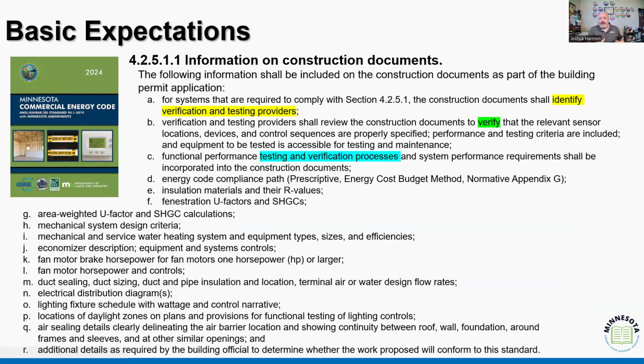We know that from the very beginning in Section 4, that's where we get our list of expectations associated with the information provided on our construction details, right? That's where we get that list of all the expectations that we're going to identify the provider. We're going to verify that the relevant sensors, devices, controls are all in place.